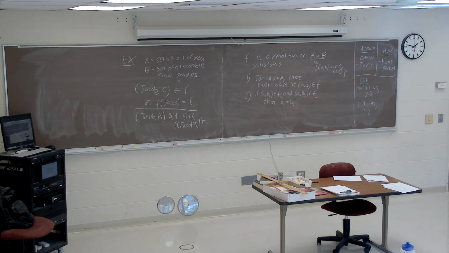But even if it was U cross A, it still wouldn't be a function because E is listed twice, so you would have multiple outputs. No, because if it was B cross A, then there could be multiple E's because it's cross A. True, yeah. Okay, I think this first one is a function.